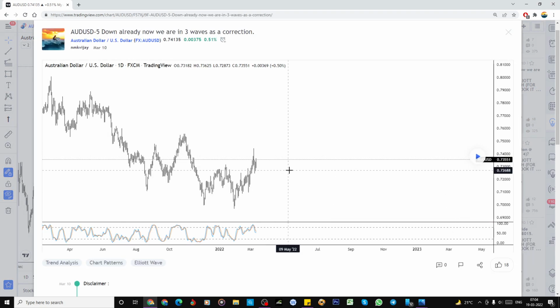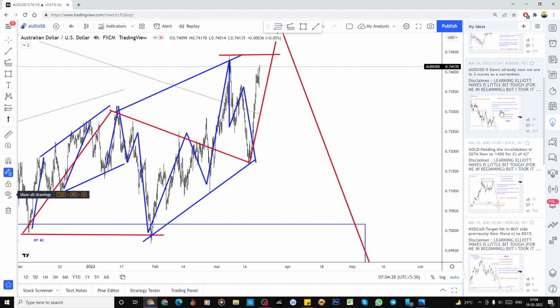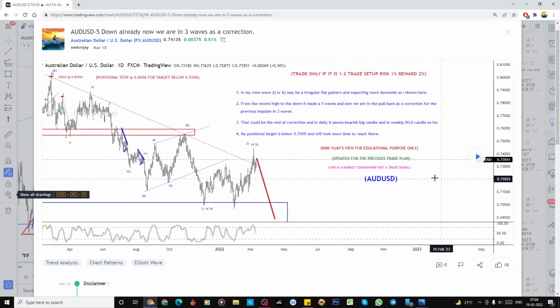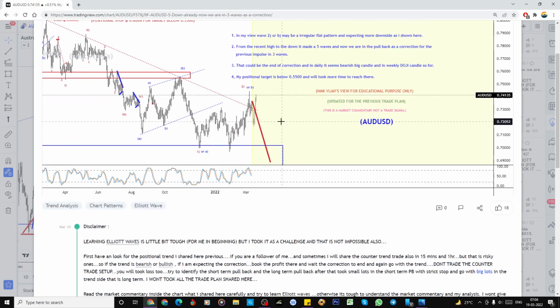All right. One second. Yeah, need to do this here. So from here, exactly what it did, that's a Fibonacci expansion level of the same wavelength, and it bounced. So if somebody watched my analysis, so far so good here, but later onwards what it did. That is why we need to always correlate to other pairs,